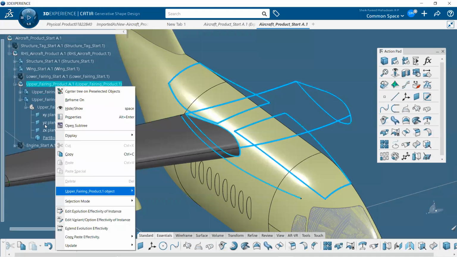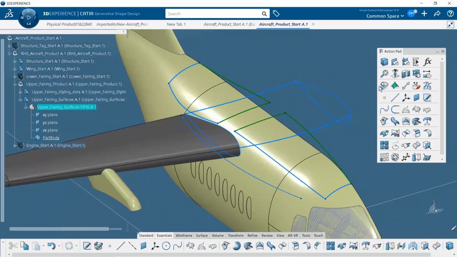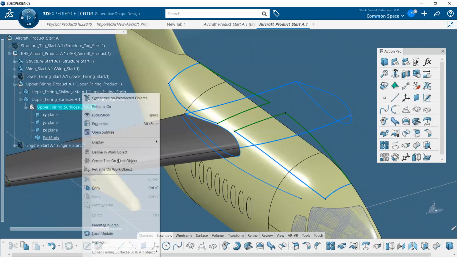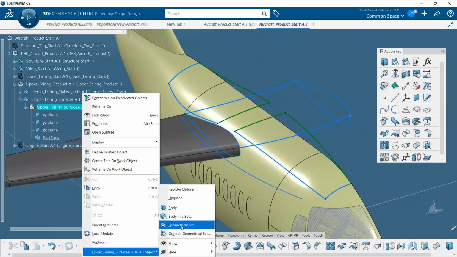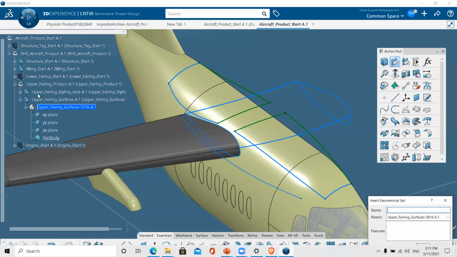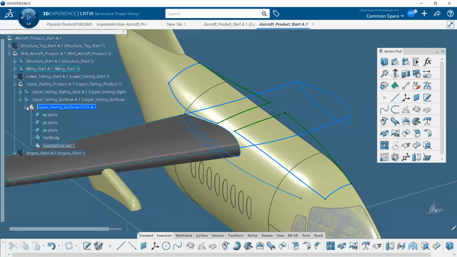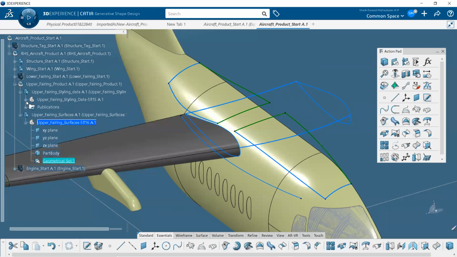Just double click on it, and then create the geometrical set over here. Click on the geometrical set, click OK. Okay, you have one geometrical set over here, and you have multiple styling profiles that are necessary to create the firing.